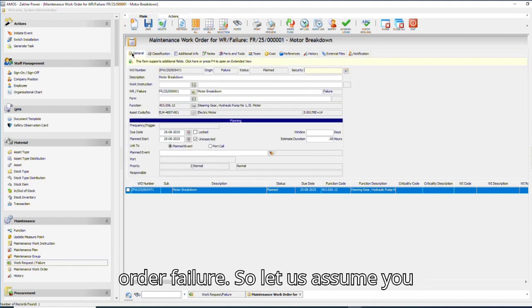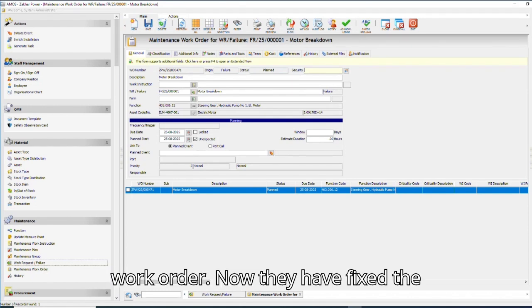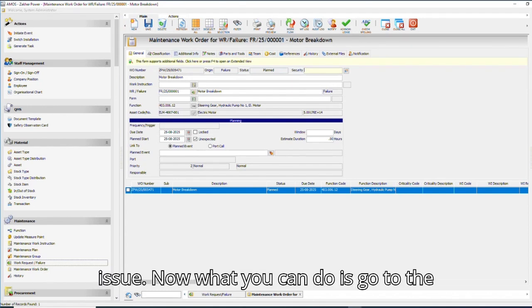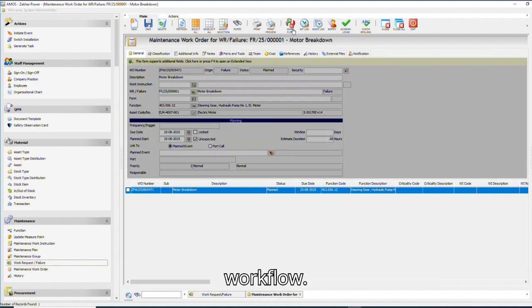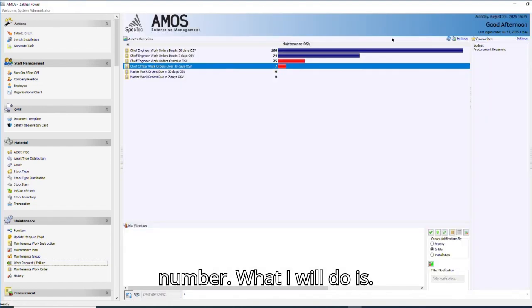So let us assume you have a team from outside to close out this work order. Now they have fixed the issue. Now what you can do is go to the workflow. I just want to show you one more thing so you will be clear. 547 is the number. Now what I will do is